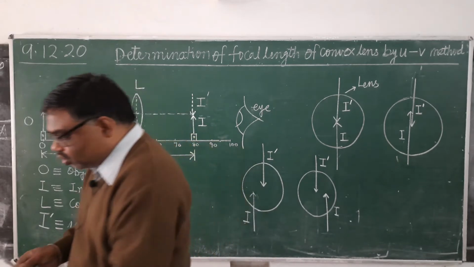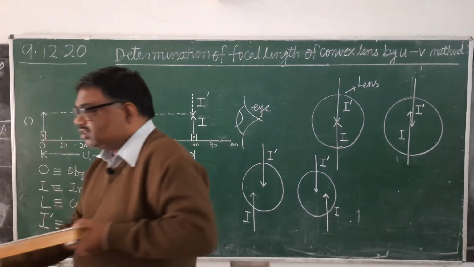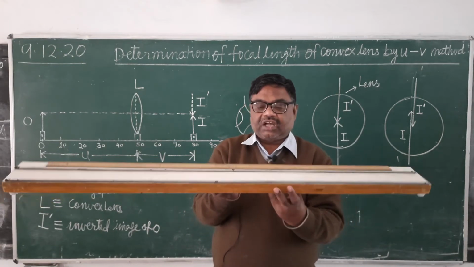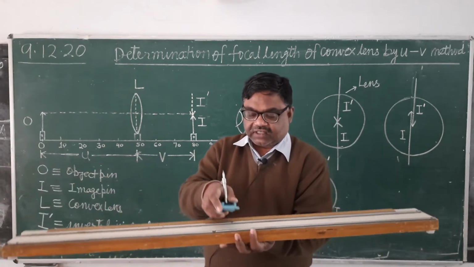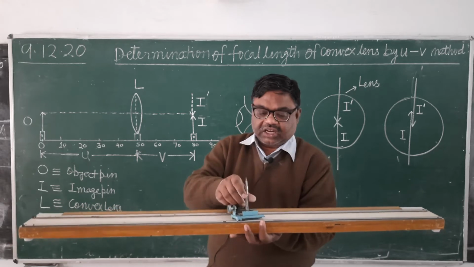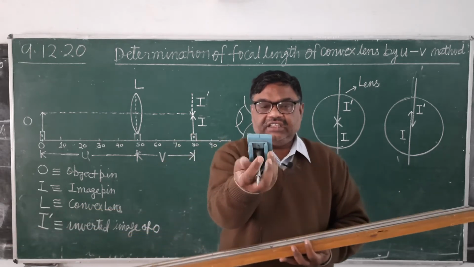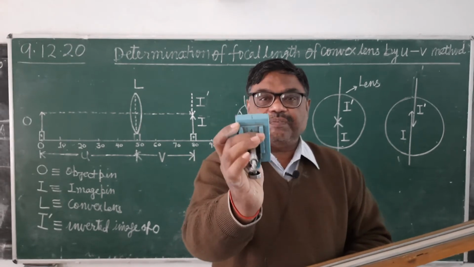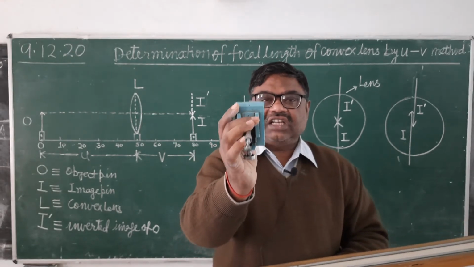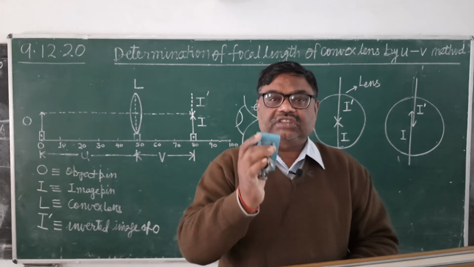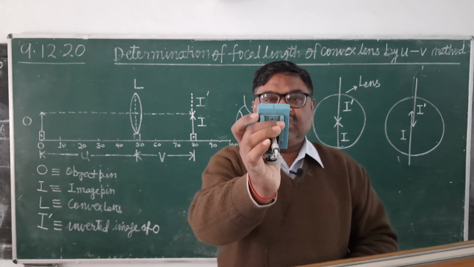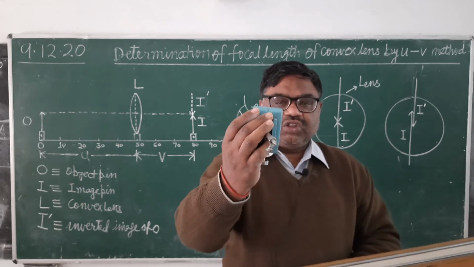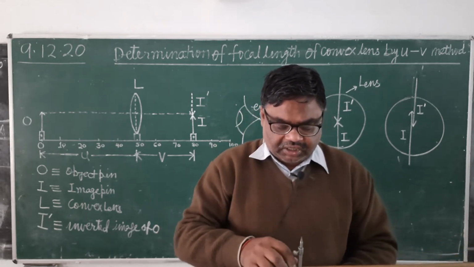Means हम उसको show कर रहे हैं, कैसे हम इसको perpendicular to the optical bench, length of optical bench displace कर सकते हैं. So see here, this is kept, there is a slanting edge. You can see here there is a slanting edge in this upright, and this slanting edge will be towards the scale. It will be very clear to you. Now this will be towards the scale.